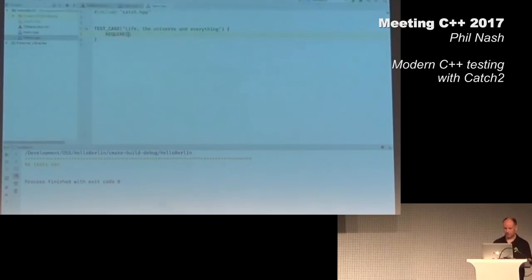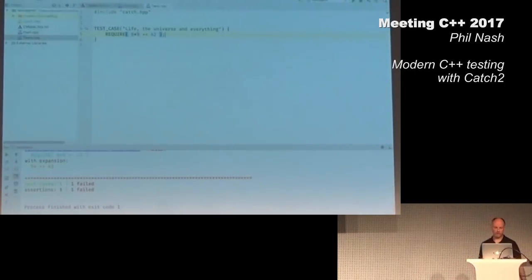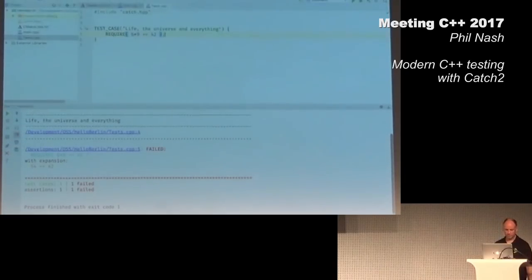So let's write an assertion, which is by default REQUIRE in Catch. And I'm going to say 6 times 9, of course, is equal to 42. Let's run that. Yeah, a lot quicker to compile now. Let's have a look at the output. So we've got our test name, file and line number of the test and of the assertion, the fact that it failed. We've got the assertion macro that we wrote, but then we have the breakdown of the left-hand side